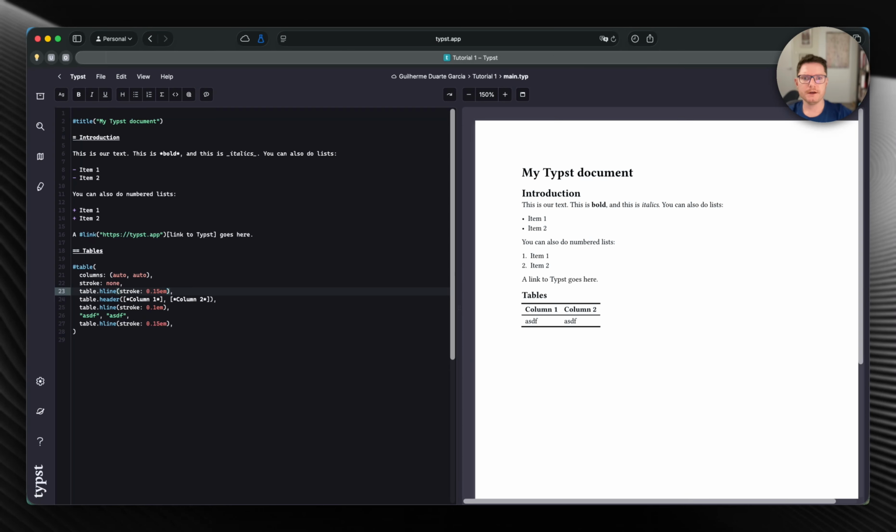So one nice thing about the H line is that you could theoretically do something like start 1, and this will tell the line where it should start in terms of the positions of the column. So you can see it's very easy, much easier in terms of the amount of code you have to write compared to LaTeX, just to give you an example.